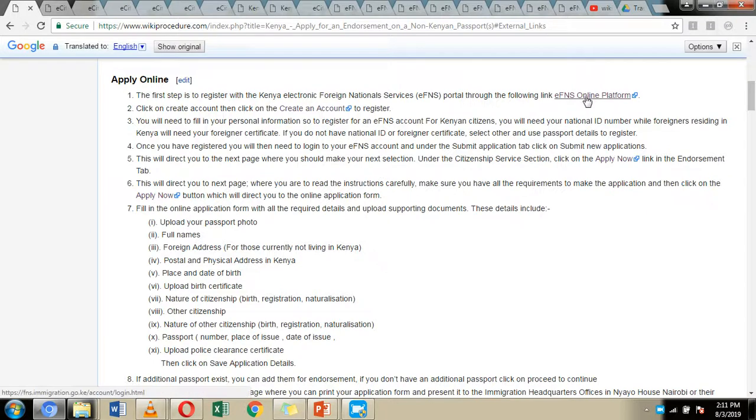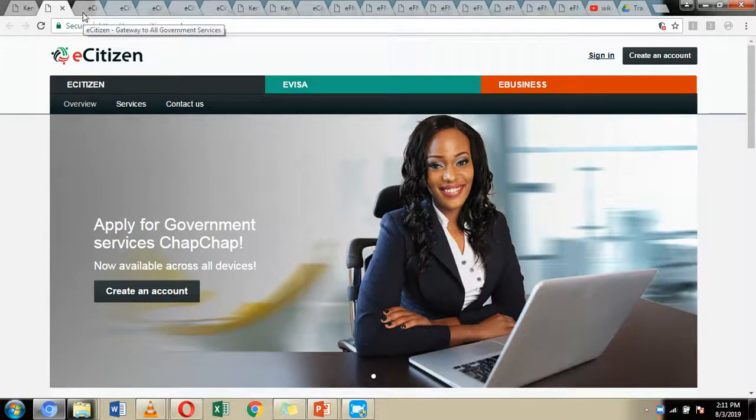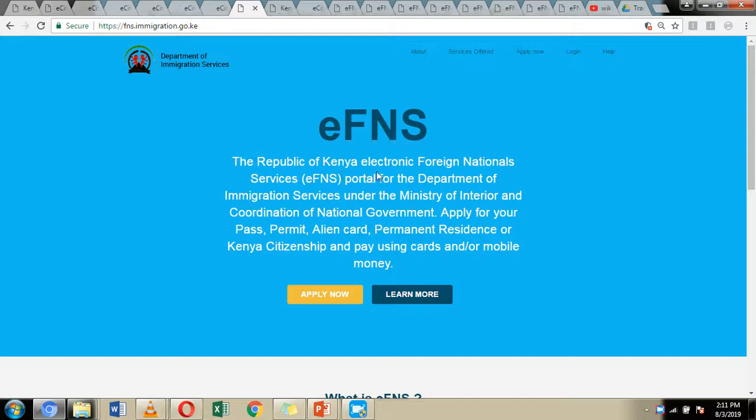We have included external links to online platforms which we are going to use to make our application. We have the eCitizen platform together with the electronic foreign national service platform through which we are going to make our application. We are going to go through all the application process as we move on with the presentation,